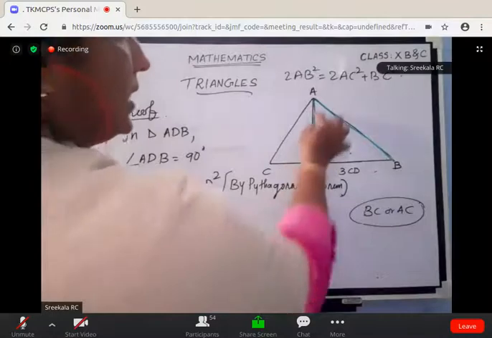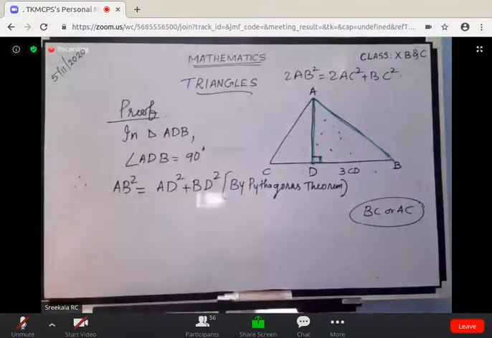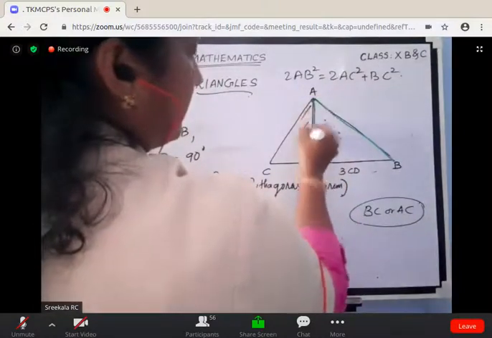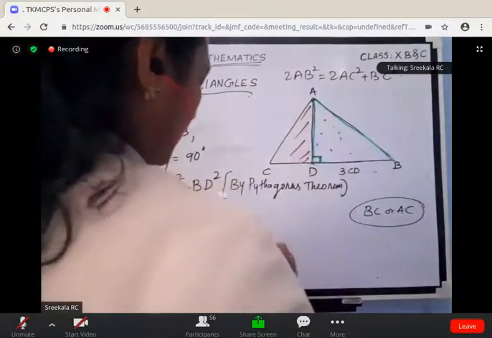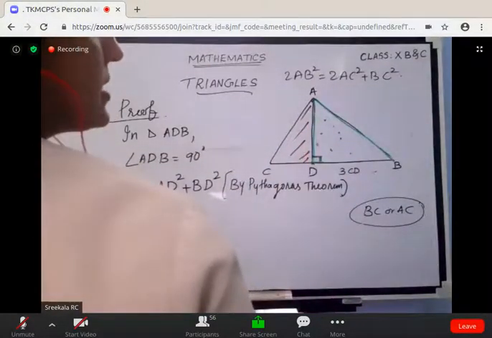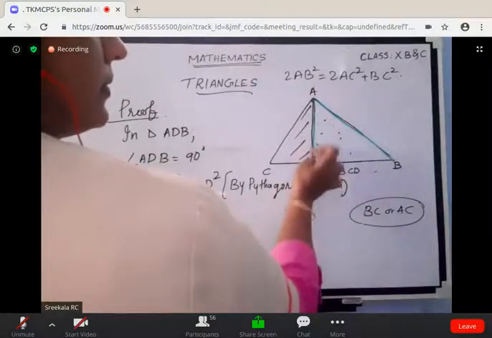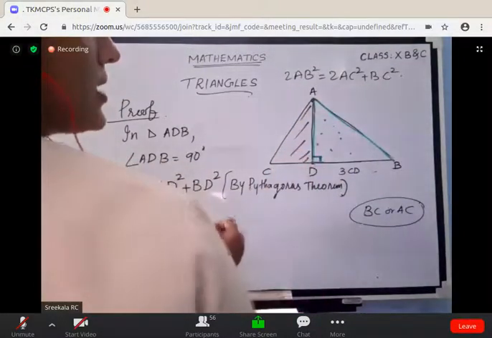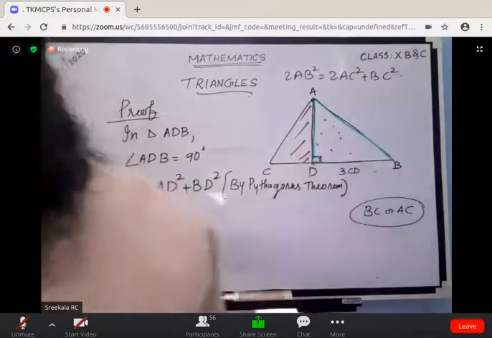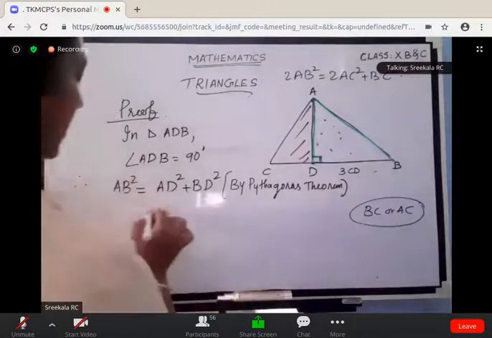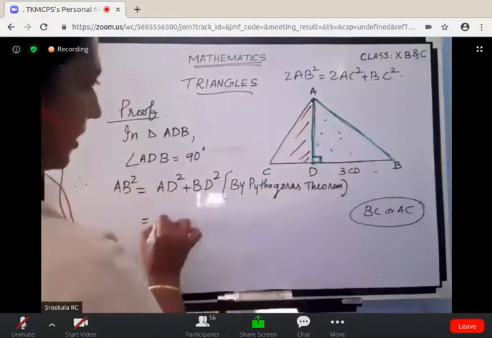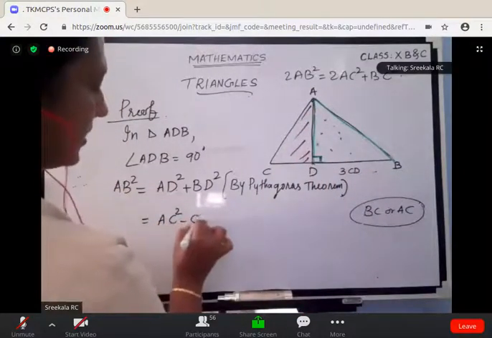So AD in this triangle, AD can be written as, consider this triangle. AD square can be written as hypotenuse square minus CD square. So AD square can be written as AC square minus CD square. So AD square, meaning altitude square, equals hypotenuse square, AC square minus CD square,